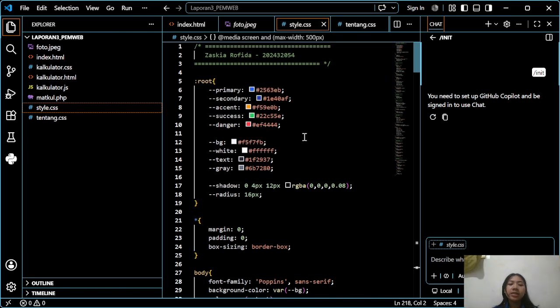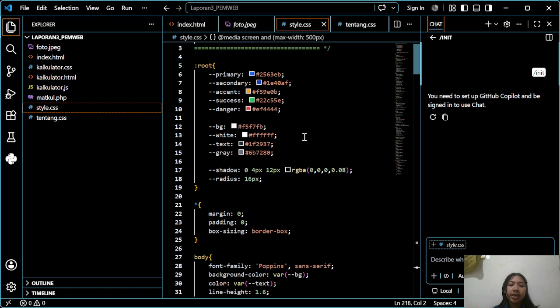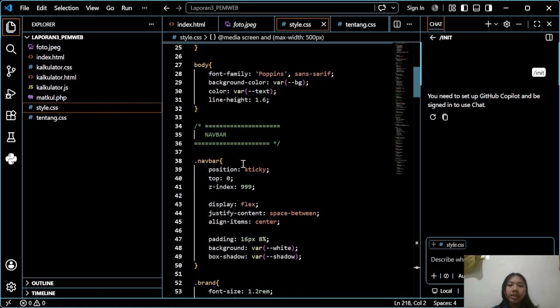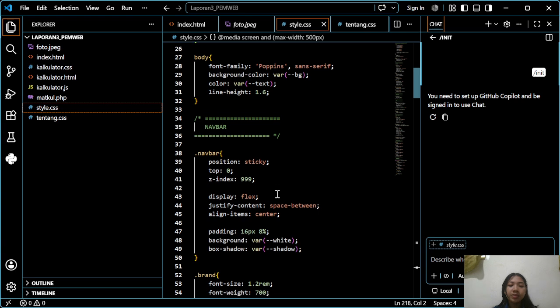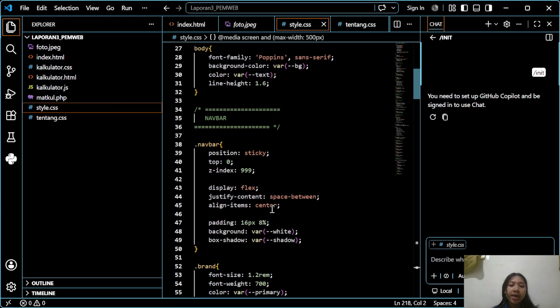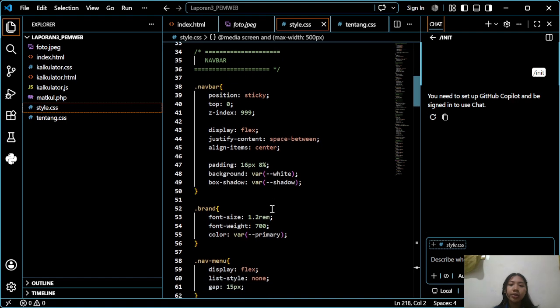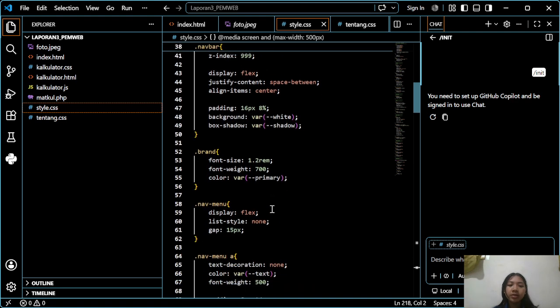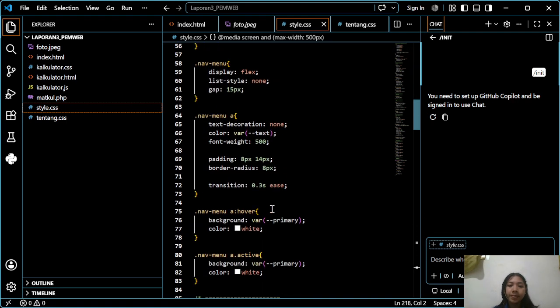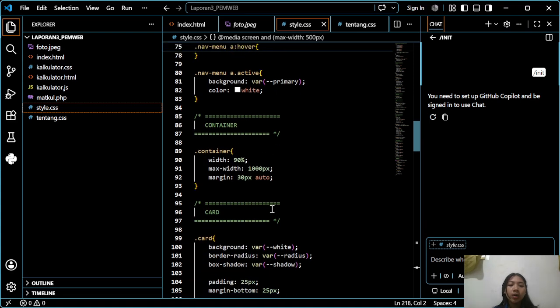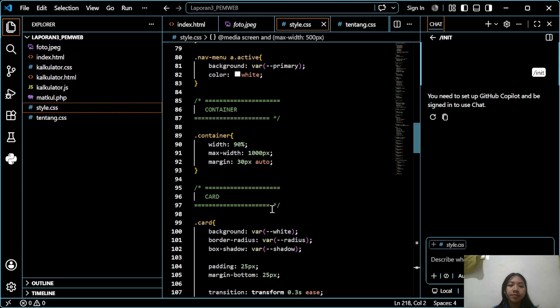These variables help me use colors consistently throughout the website. I also make the navigation bar sticky by using the position sticky property. This means the navigation bar remains visible when the page is scrolled. In addition, I use CSS transition to create smoother animation on buttons and interactive elements.